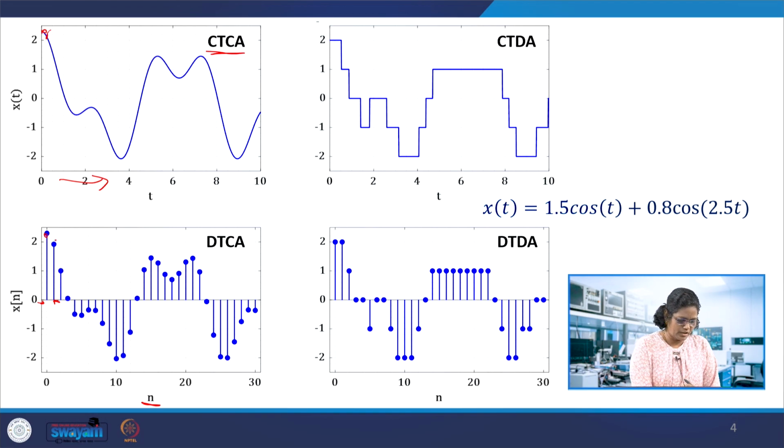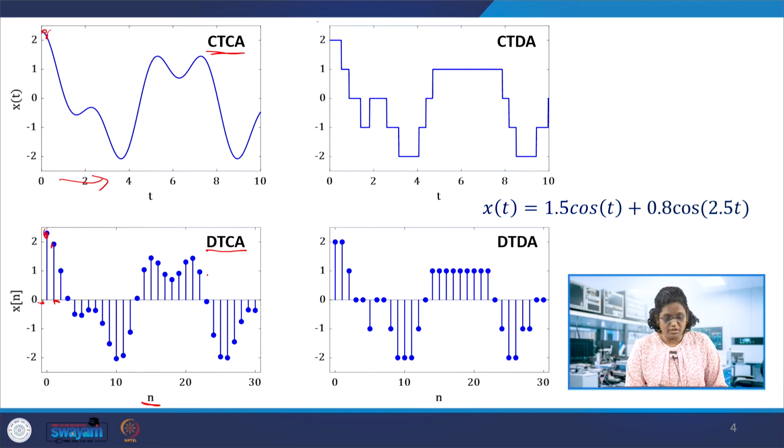It is at regular intervals, like a switch. Using a switch, the values at certain instances are captured, at t_n equal to 0, 1, 2, 3 and so on. In this case, the signal is discrete in time and continuous in amplitude. Here the values are still 2.3 and 2, and here you can have 1 and 0, and this is 0.5. These values are not only integer values. So discrete in time and continuous in amplitude is the outcome of the sampling process.